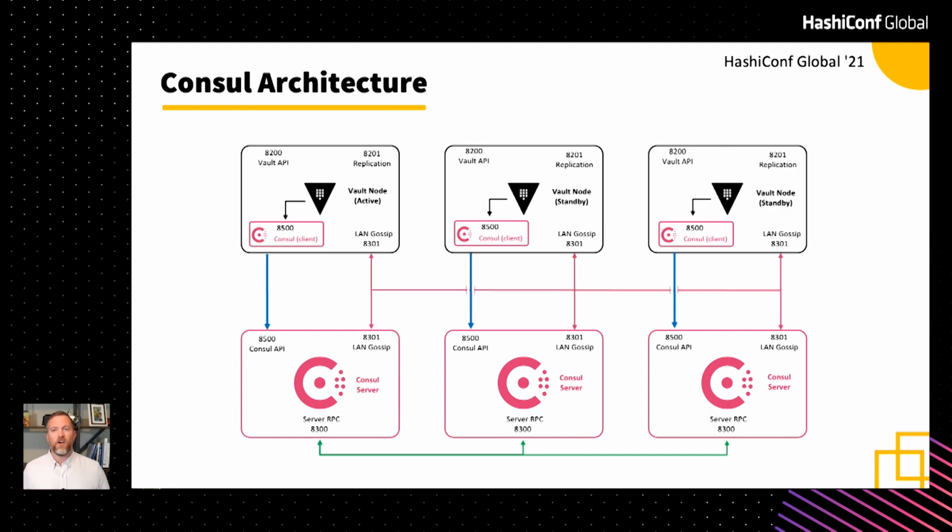So we have things like 8500 for the API. We've got 8300 and 8301 for gossip and RPC. And those all require both TCP and UDP ports to be open for all this to work, right? So immediately you can look at it and it's like, okay, that's pretty complex, but it definitely works great, right? Now, it's kind of hard for a lot of new users that want to deploy Vault Enterprise to actually understand this architecture and go out and deploy it